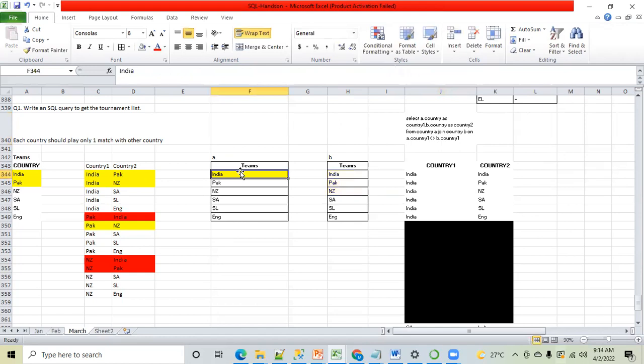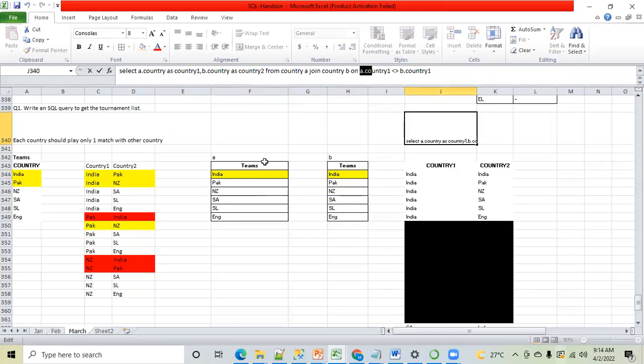You will start with India, correct? Now, as you know how joins work, it will start with the first record of the first table and scan all the records of the second table. I think you know this. Now when it starts with India, in the second table the first record is again India, correct? Now when it searches for this condition, it is telling that both the country in both the tables and the